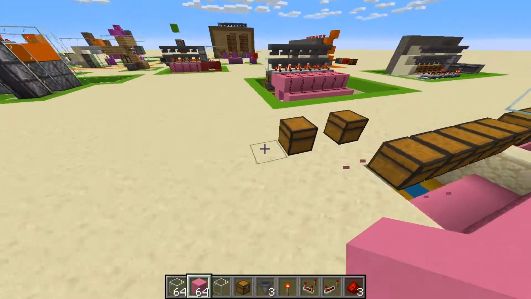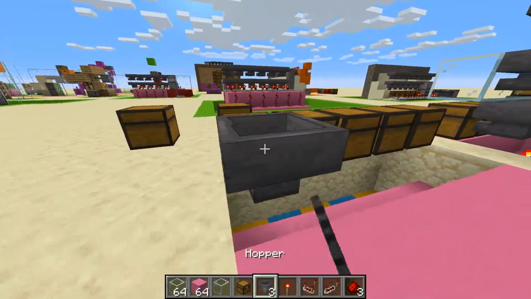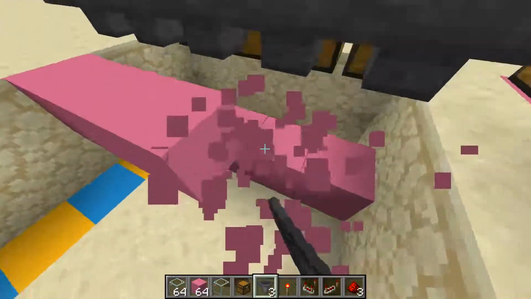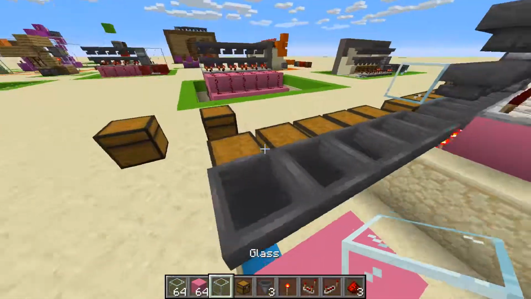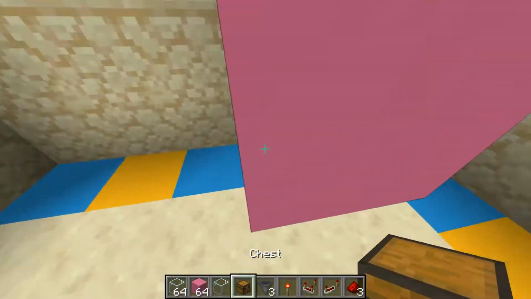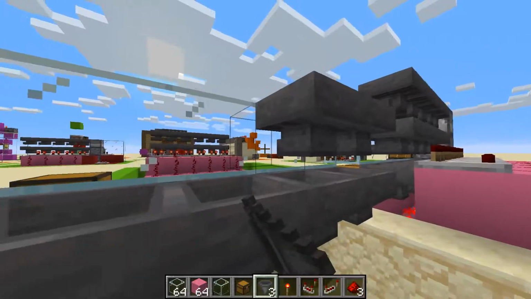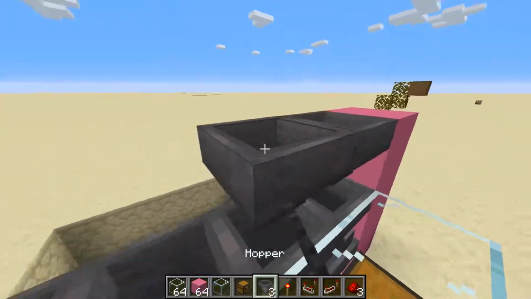I believe that is actually wrong. In fact, it is wrong because we want to place the hoppers like this first, and then the blocks behind that. Okay, like this. So we're going to place, like we did last time, the glass behind it, stand on these blocks that we placed, and just place the hoppers into here, some scaffolding blocks, hoppers into the back of there,